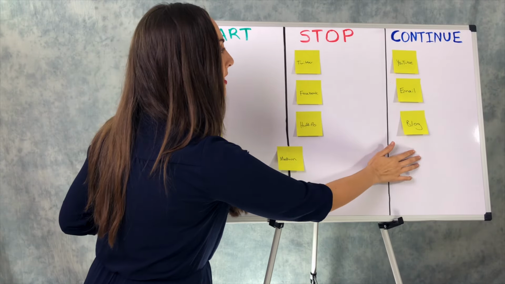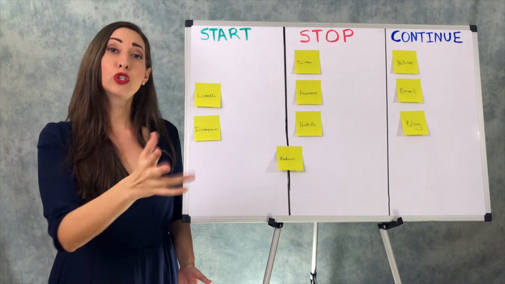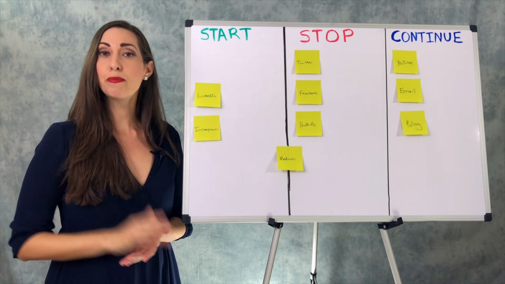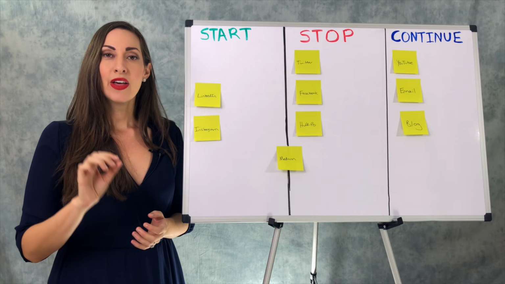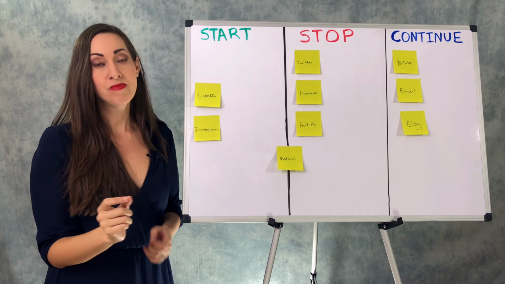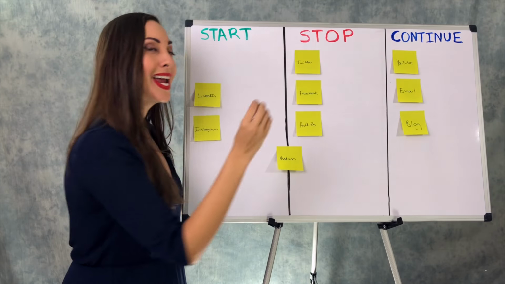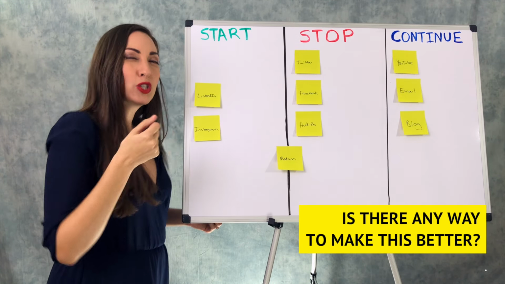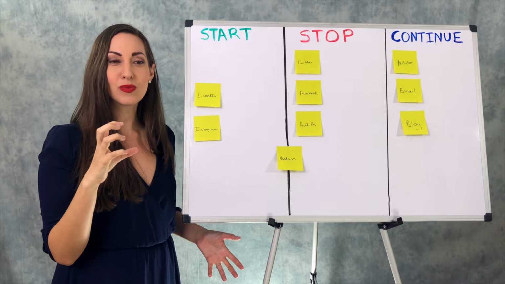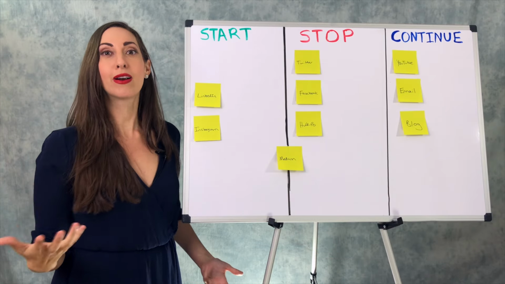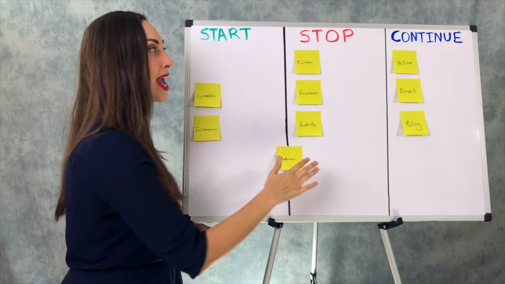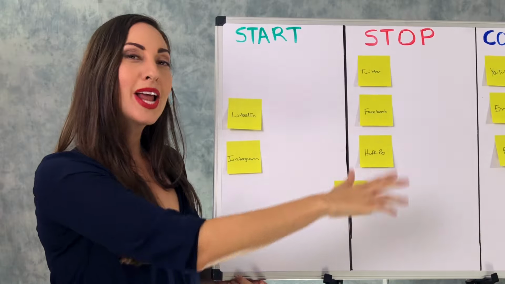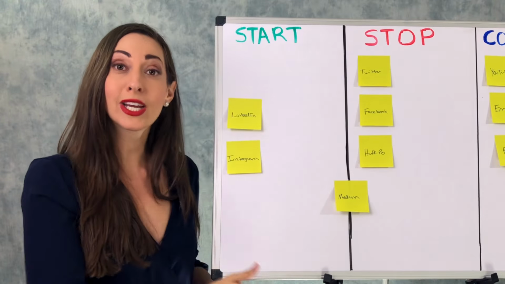And lastly, you want to do the continue. Now, the continue column, you have two choices. One, you can just say, yep, it's working for us, we're going to keep going. The other thing you can do if you have the time is to break down, is there any way to make this better, right? Okay, we like doing the blog, but are there any tweaks we can make, any hacks, any ways that we can continue this with even better or more success? So if you can, do continue plus. What else would you do or add to those working tasks to make them even better?